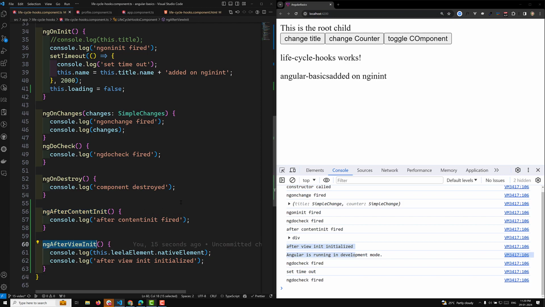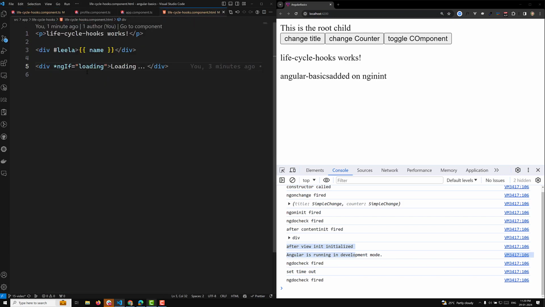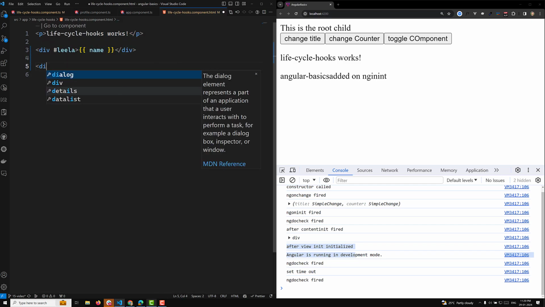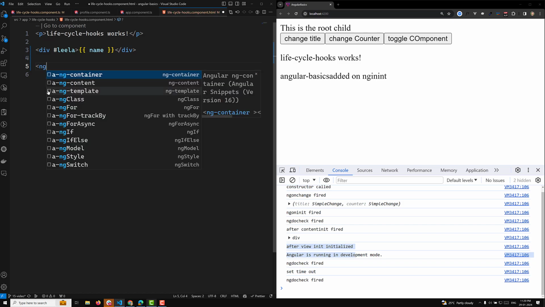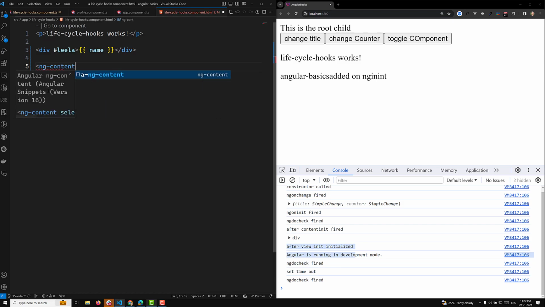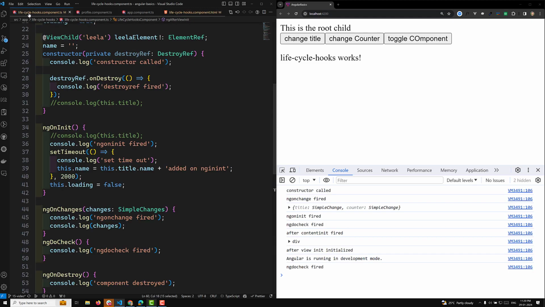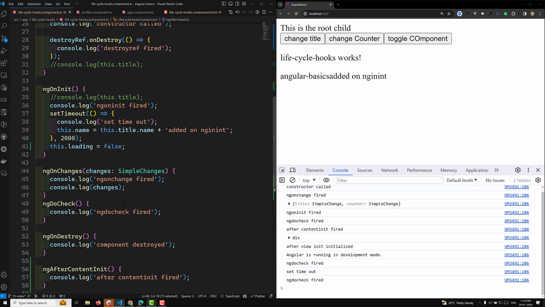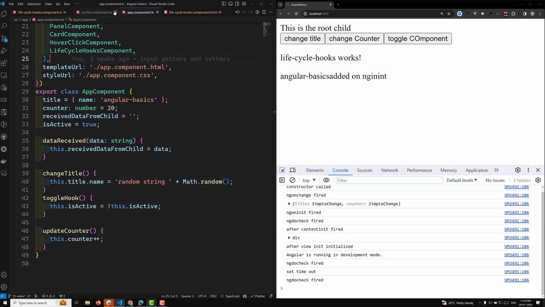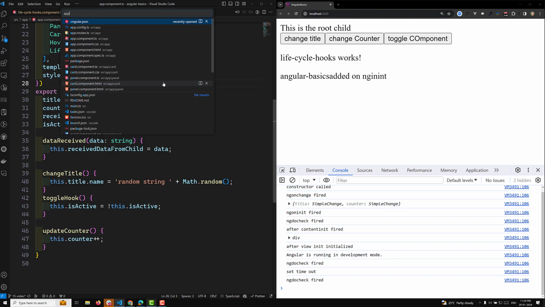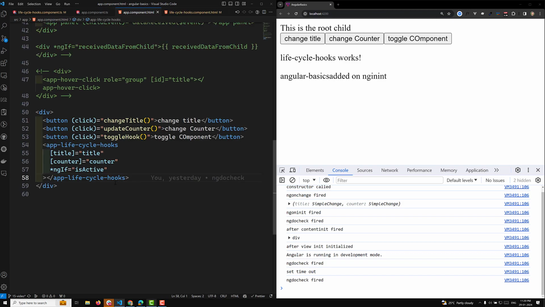So now what I can do is, for example, in our lifecycle hook, I will remove this one. Now I will be having one ngContent, okay, ngContent. So this is our ngContent. Now what I will do is, in our profile lifecycle hooks component.ts file, or otherwise in our app.component.html file,